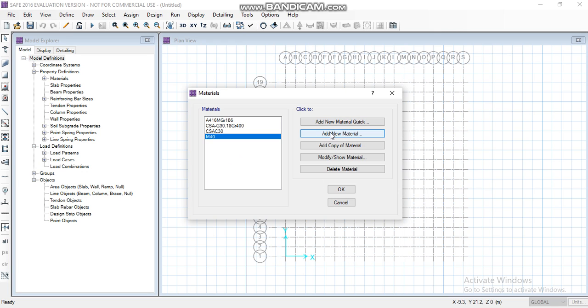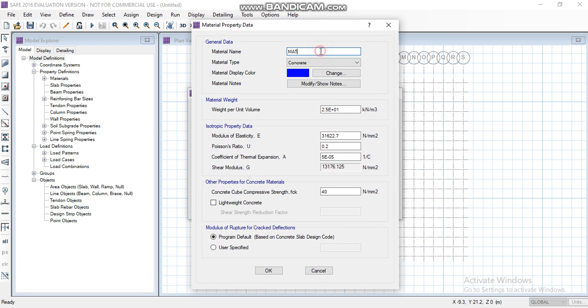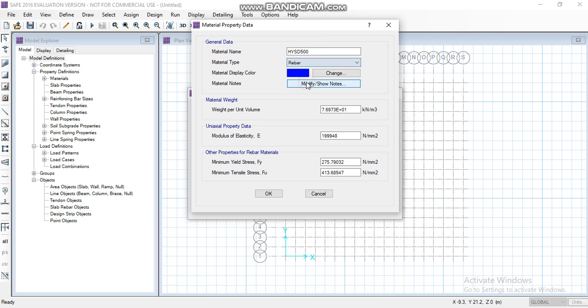Then click on Add New Material. Add the material name as HYSD 500. Here the material type is rebar.